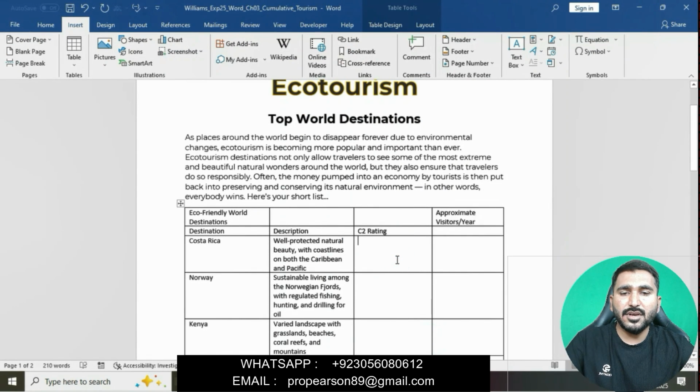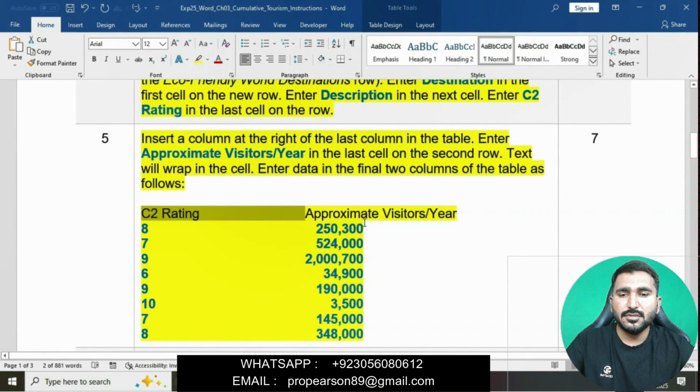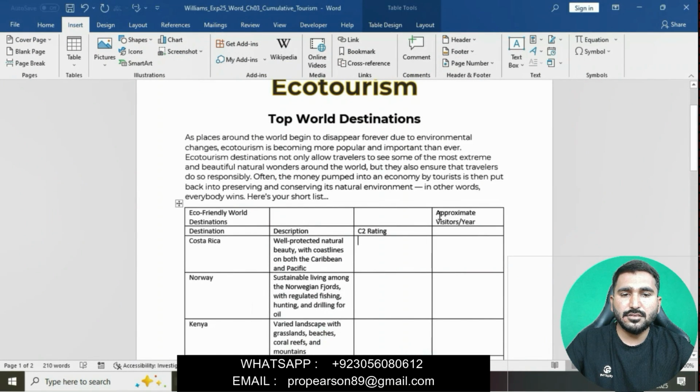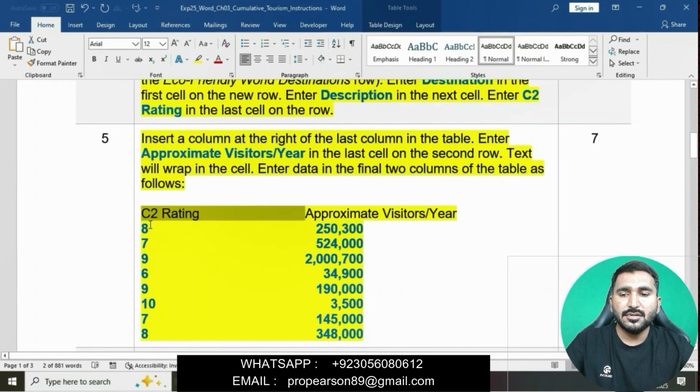This is the data for the C2 rating column and approximate visitor years. C2 rating column data is 8, 7, 9, 6, 9, 10. We will select this and paste it in the second cell here. Sorry, here we will type approximate visitor years in the last cell of the second row.